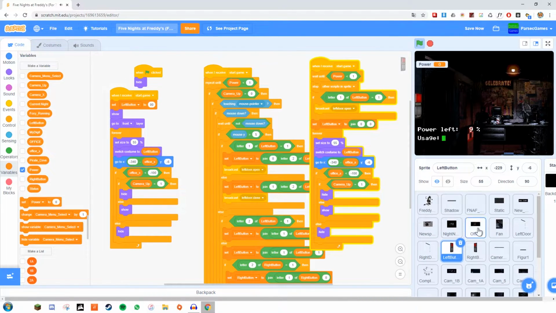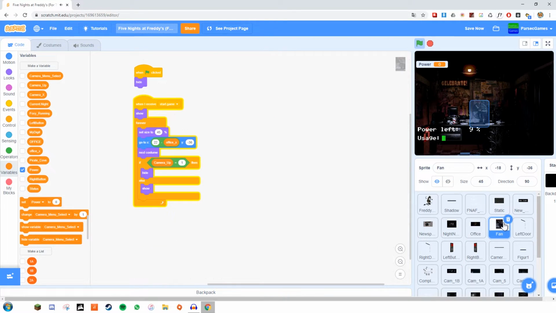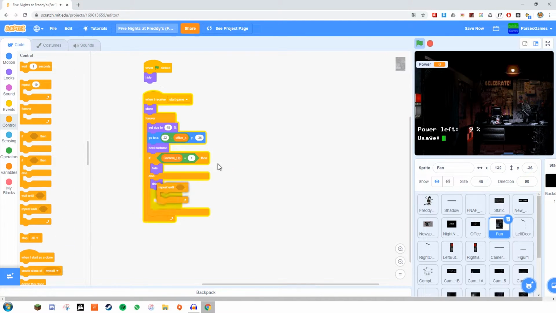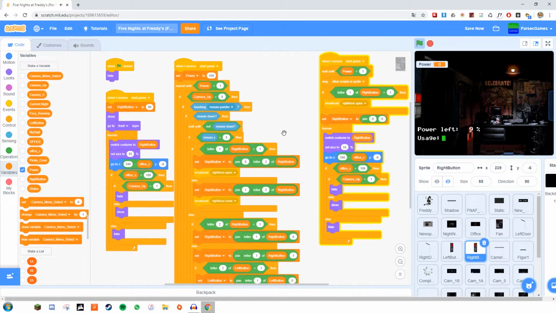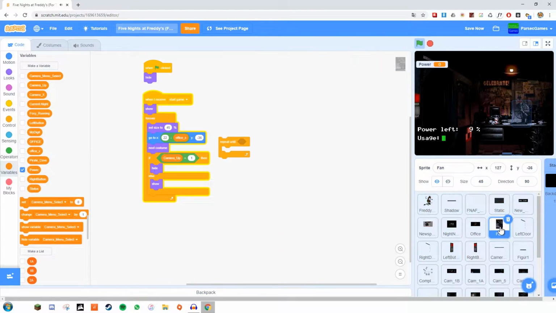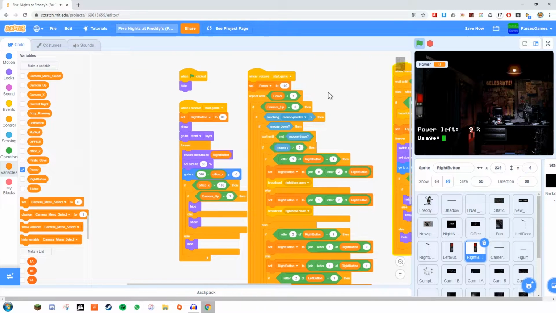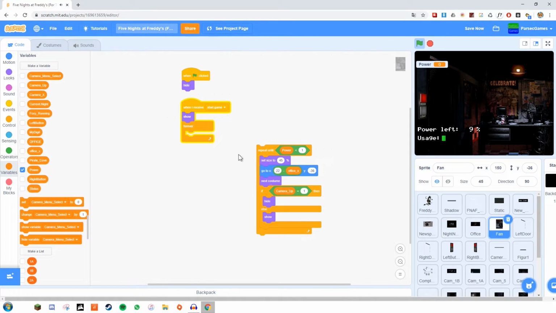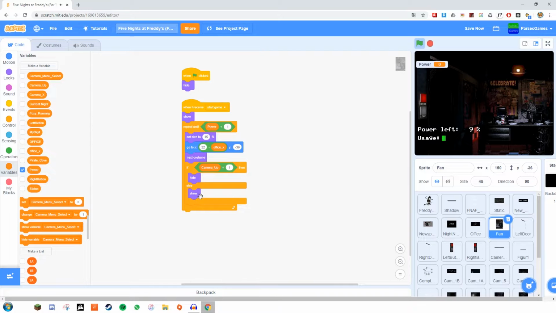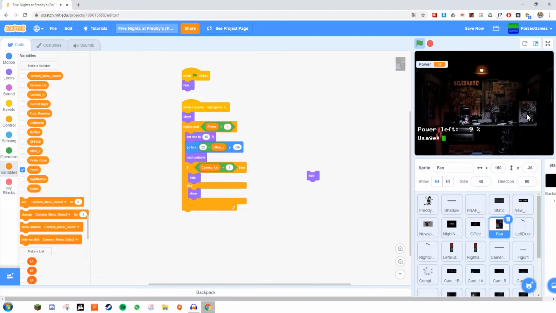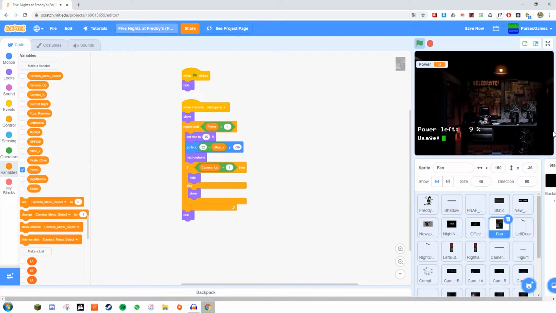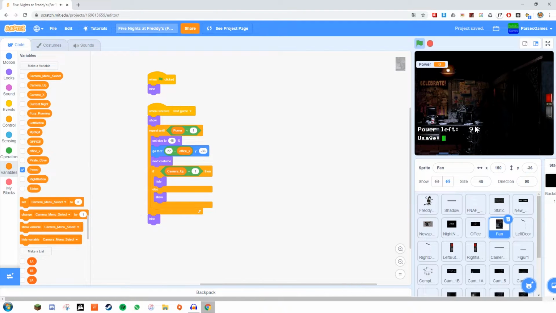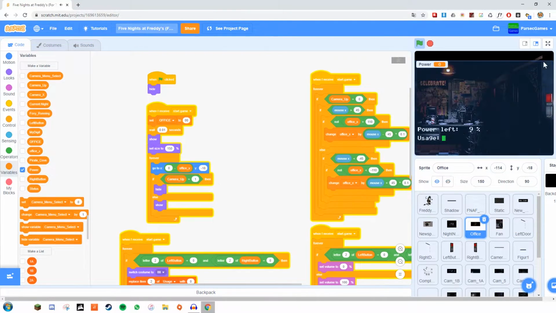Okay, now what we need to do is the fan would obviously stop if the power goes to 0. So we can just add in repeat until, let's actually copy it from over here. I don't want to enter that every time. Okay, it didn't work, right? I don't know why. Duplicate it and then drag it over. Okay, put that in there, and then when the power goes out, it should just hide immediately, because we already have a fan within the office, so we don't even need this sprite anymore, and it just hides, and that's that. Works pretty well. Now when the power reaches 0, the office goes completely dark,